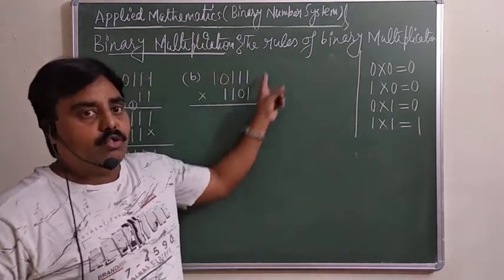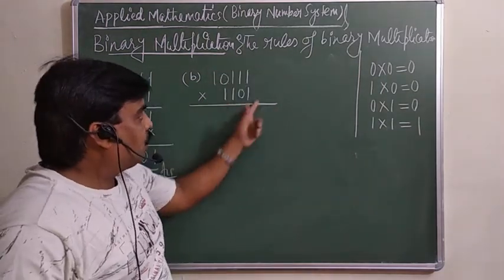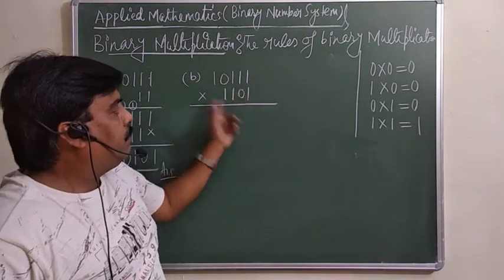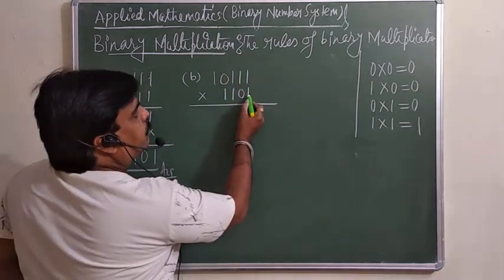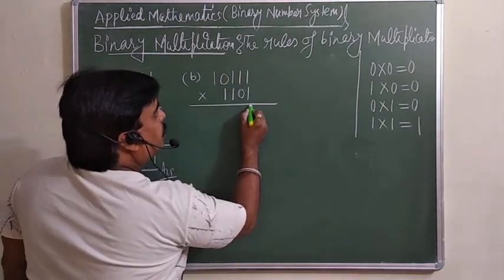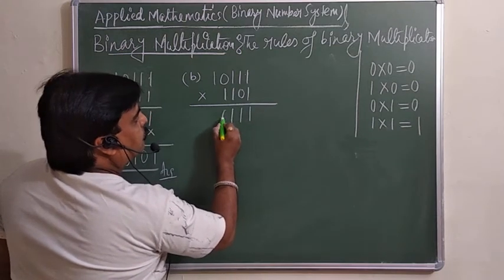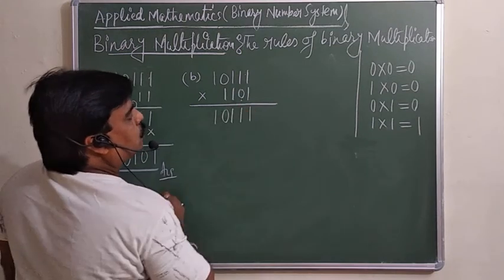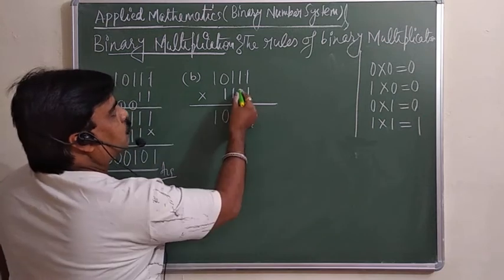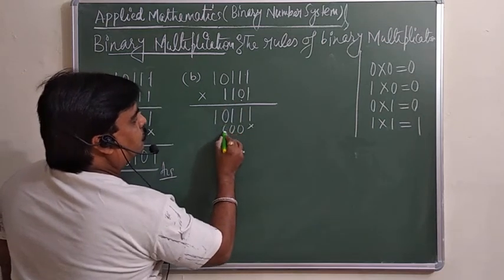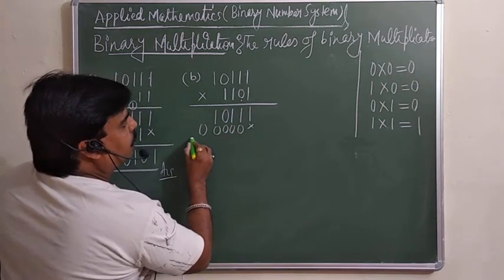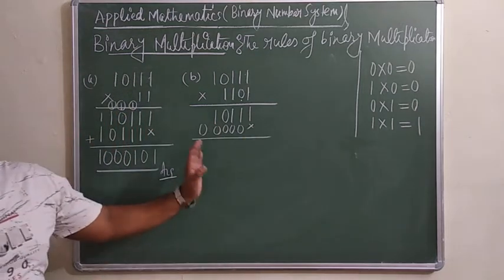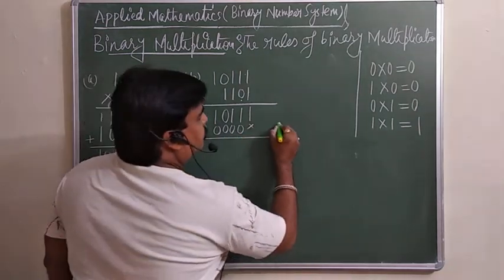Now the question is here only. यहाँ problem आता है. You should be very good. So here we will do partially. एक साथ नहीं करेंगे. Partially we will do. What we will do first of all? We will multiply by this 1 only. As usual we will multiply 1, 1, 1, 0, 1. By this 0 we will multiply. So we will hide this one. So this is 0 means 0, 0, 0, 0 and 0. You will add this one only. This is your first partial product.